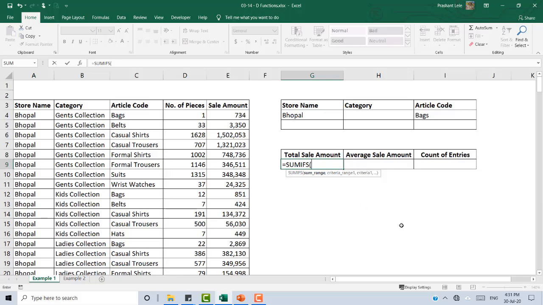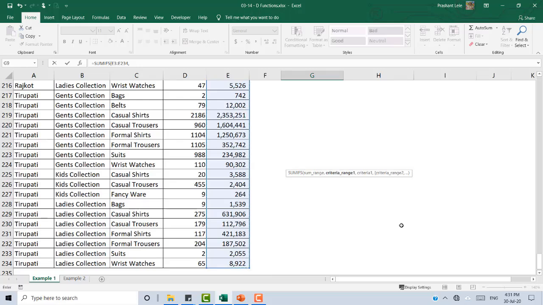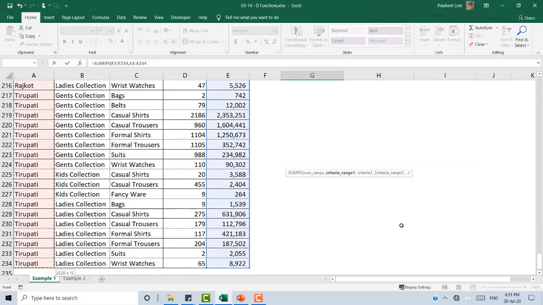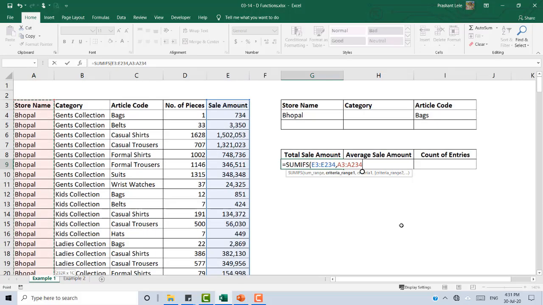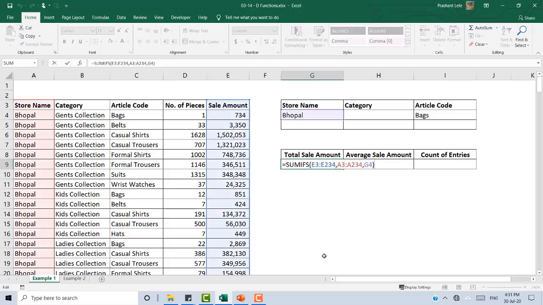So my sum range is my sales amount, then my criteria range is store name, and my criteria is Bhopal. So I'm selecting this Bhopal from here. Okay, so this is the total of Bhopal store. I'll just reduce the number of decimals and show it in a comma style. So this is how SUMIF works.